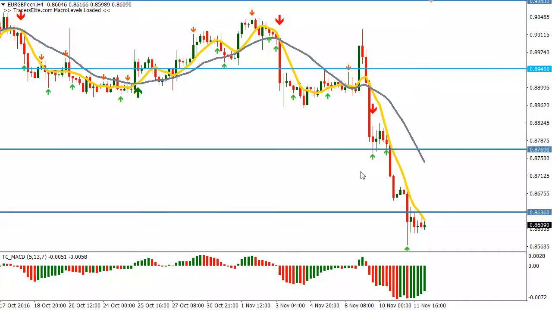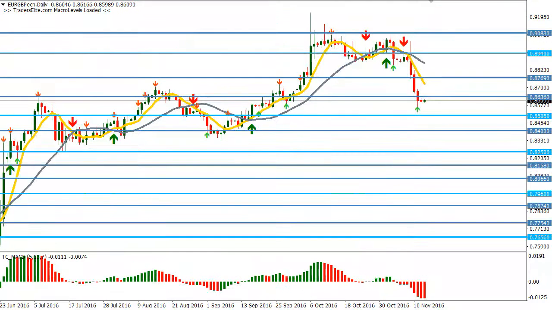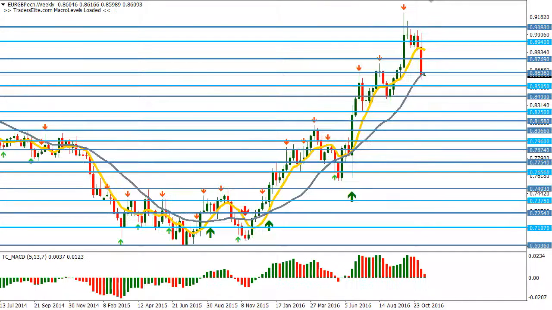Okay, euro pound has, as you may expect, been going down because euro's been going down, pound's been going up. Therefore, the euro pound pair has been moving downwards. Now, we've seen a little bit of consolidation here. This is on the 4 hour time frame. On the daily, it is downward moving, and on the weekly, it is upward moving. So it really depends. The battleground now is set at this